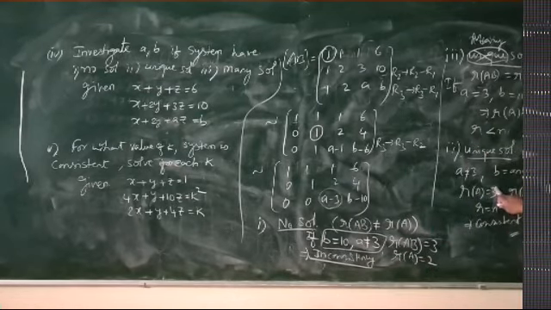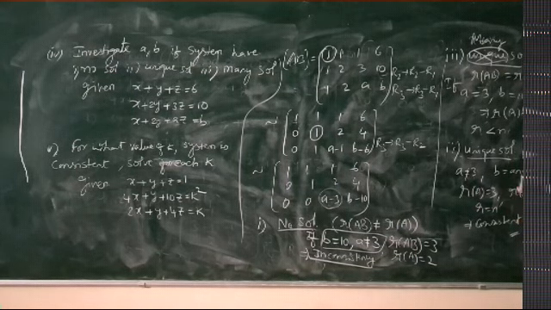In the second case, to have unique solution, we must have the common value of rank of AB equal to rank of A equal to n, which is possible for A not equal to 3 and B equal to any value. Because when A is not equal to 3, the rank of A and AB both become 3, irrespective of the value of B, small b. And clearly because n equal to 3, we have r equal to n. We say that for having unique solution, A must not be equal to 3 and B can be any value.